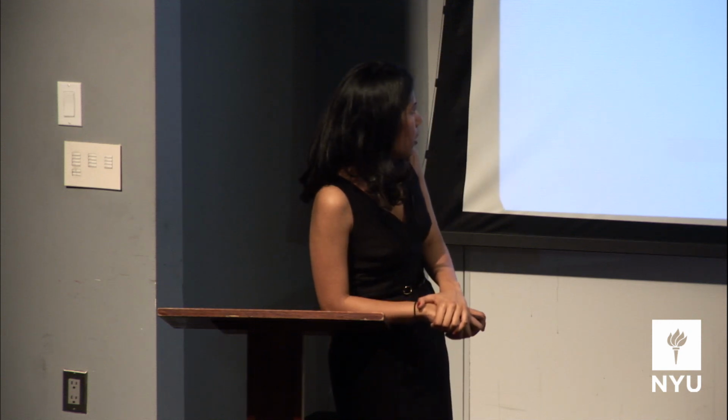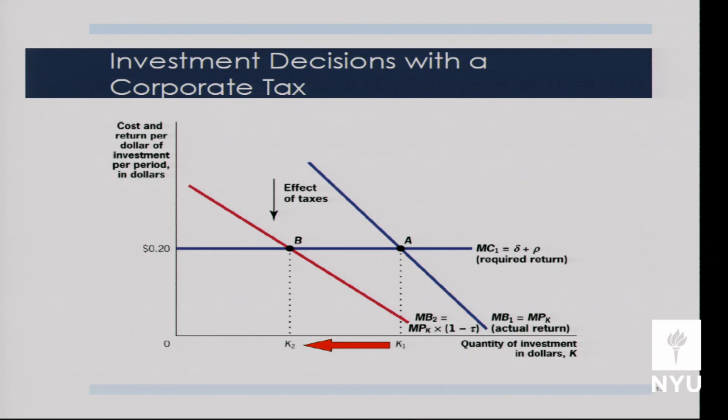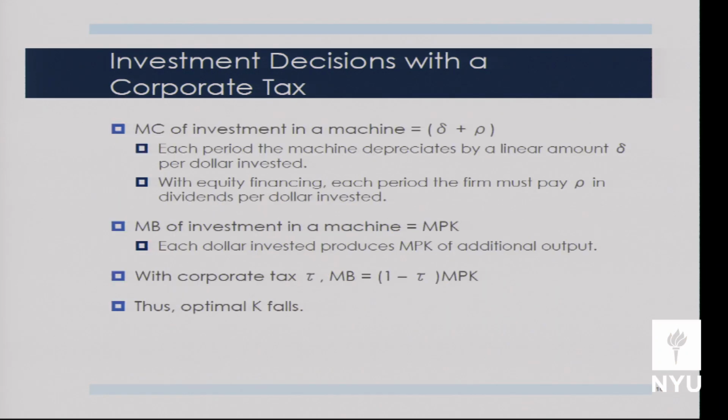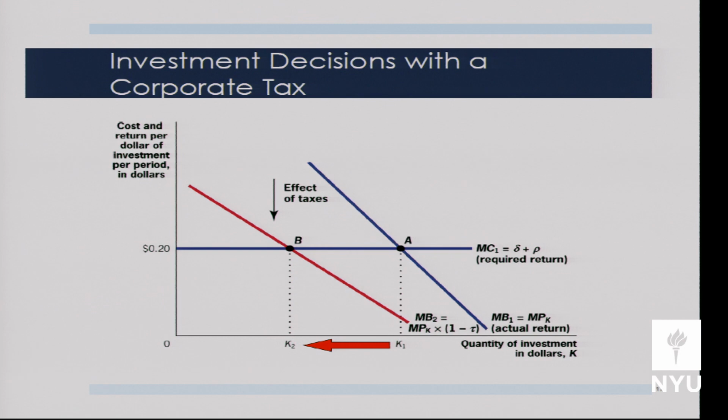Okay, let's go ahead and look at this graphically. So marginal cost is delta plus rho. Notice delta is true for every $1 of clay I buy. I'm going to lose 10 cents of that clay. And we are a small firm, so our dividend payout doesn't have to rise with how much we're trying to finance. Whether we're borrowing $1 from equity holders or $10,000 from equity holders, we still only have to give them rho per $1 of investment. So notice that the marginal cost is flat, right? It's constant. It doesn't change with how much capital we have or how much investment we make. So the marginal cost curve is just a horizontal line at delta plus rho.